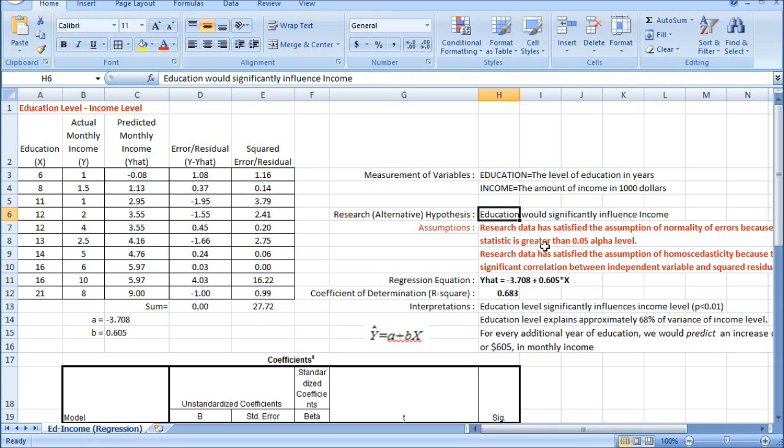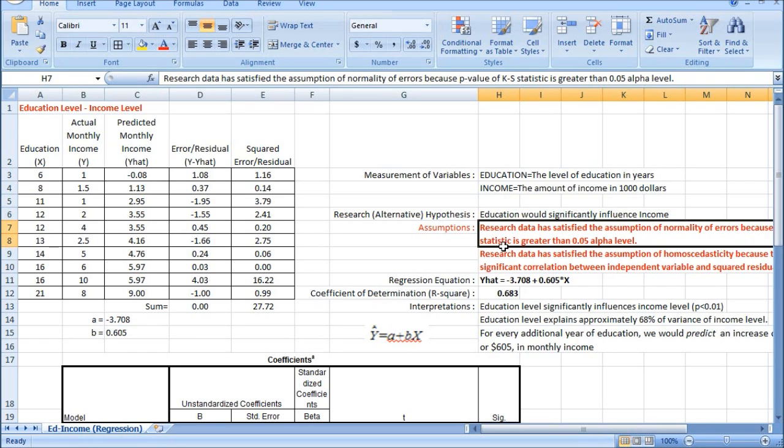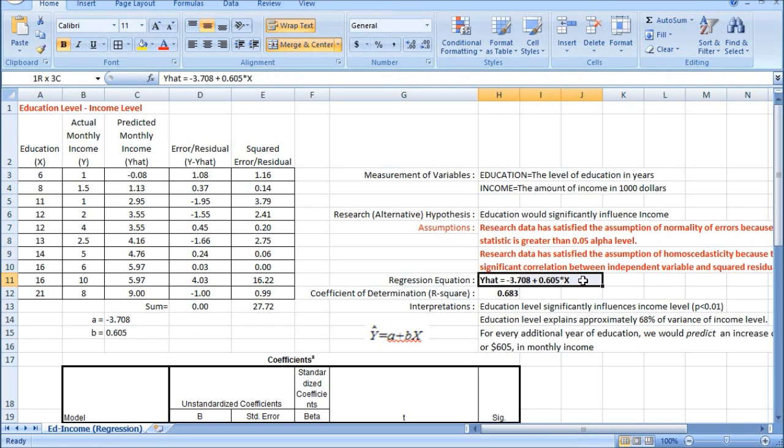So what you are supposed to do: set up the research hypothesis, conduct the test of the assumptions of normality of errors and then the assumption of homoscedasticity. Then set up the regression equation from the SPSS output.